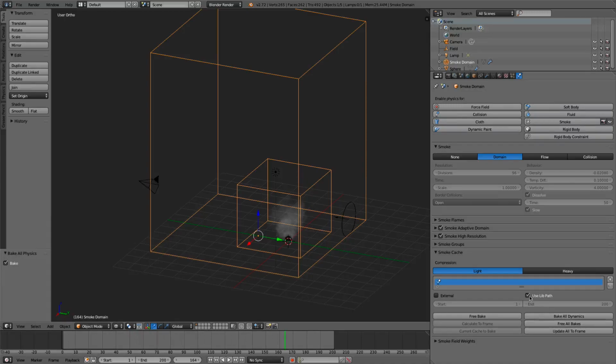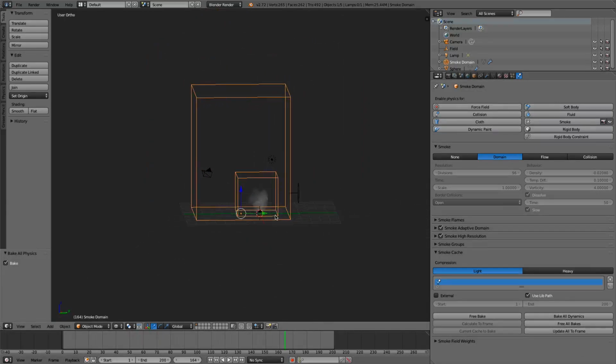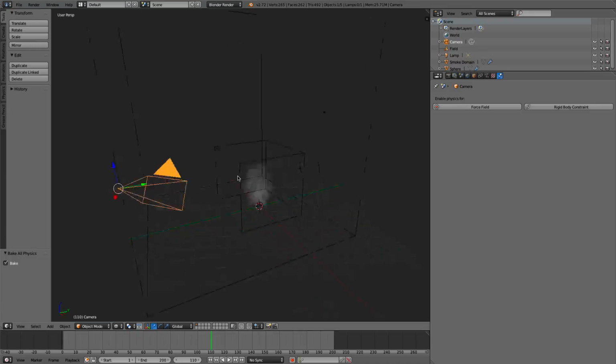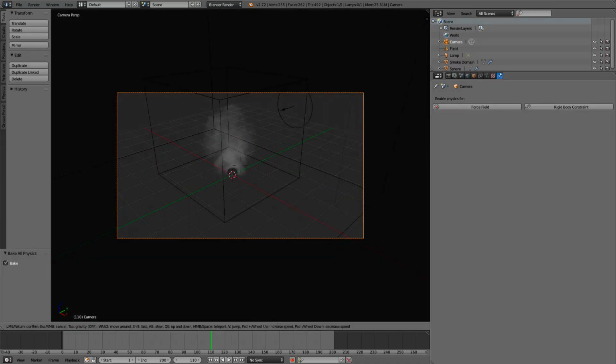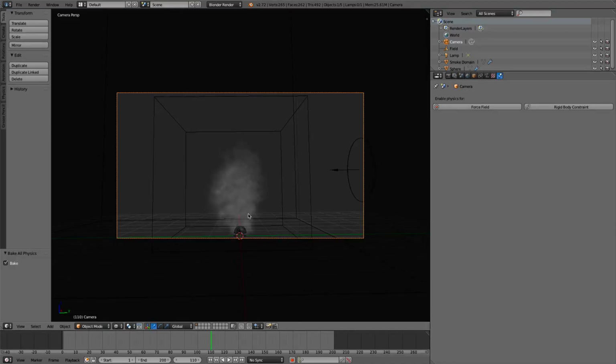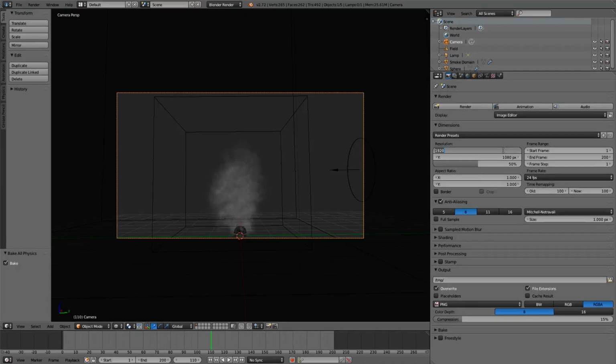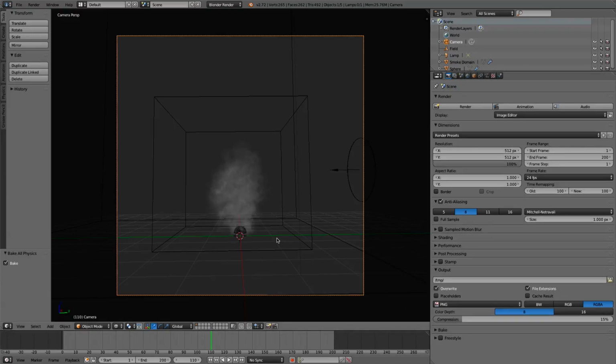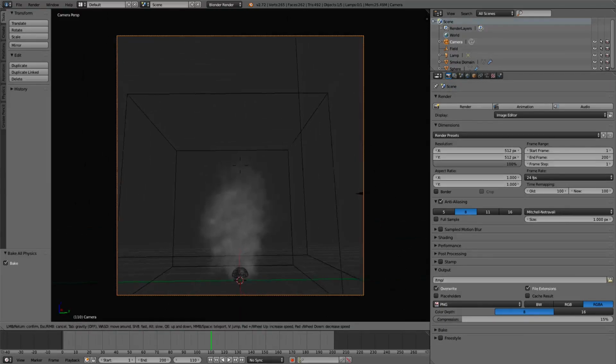Alright, so once your smoke has baked, you'll see it here. This looks pretty good. Nothing too amazing, but it's good enough. So grab your camera here. If you click Shift S, you can move it around with the WASD keys. Cool little fun trick there. Just line it up. It's best to have the bottom of your smoke simulation at the bottom. Under your animate texture, I would change the resolution to 512, 512, and these are the images we're going to be making.